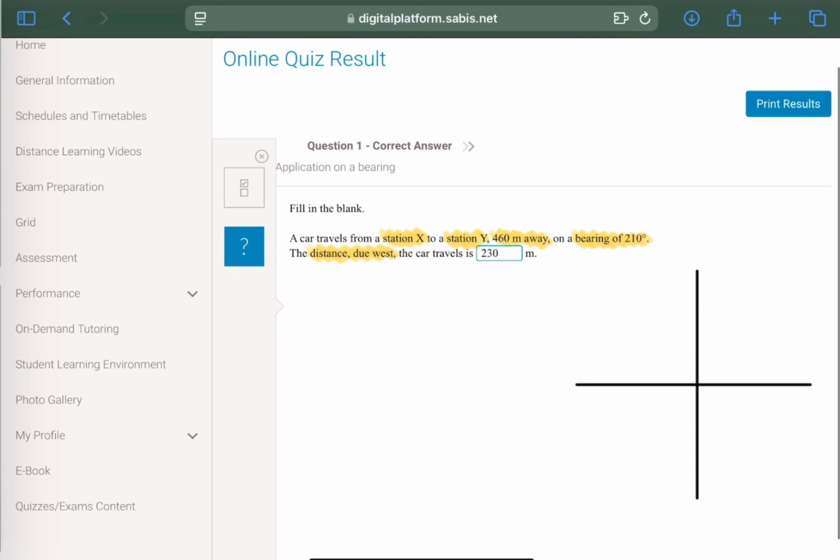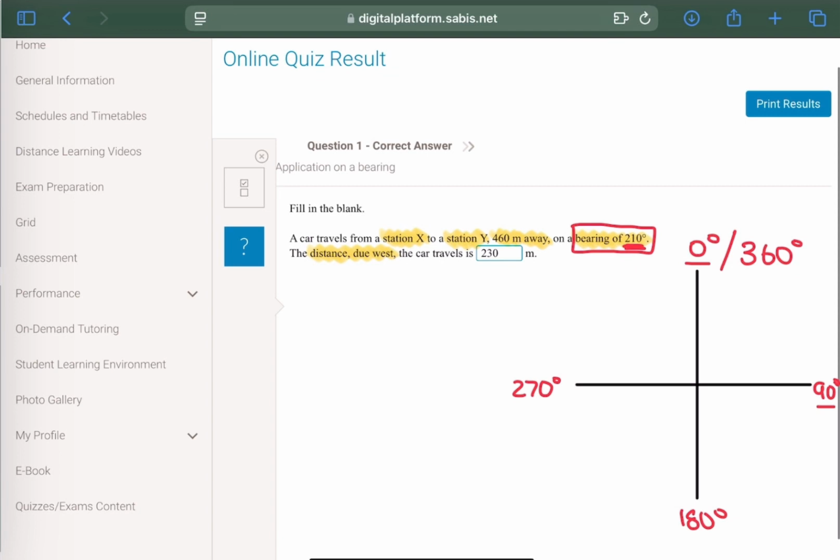There we go. And now we're gonna draw the bearing. So they told us that the bearing is 210 degrees. On this graph, each sector is worth 90 degrees. So from this point till here, that's gonna be 90. Till here, it's gonna be 180. To here, it's 270. And then back up here, it's 360. Okay, now that we have that,